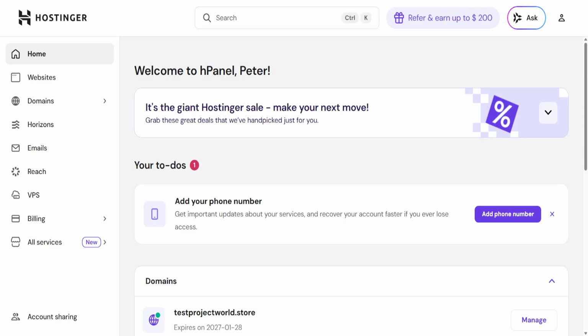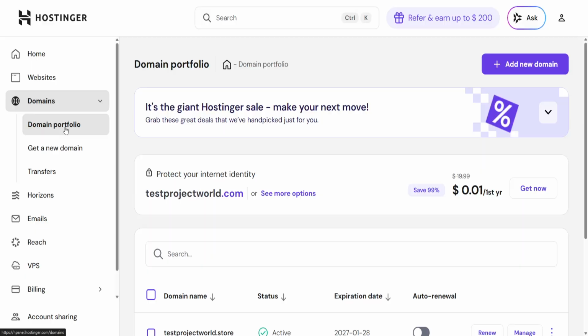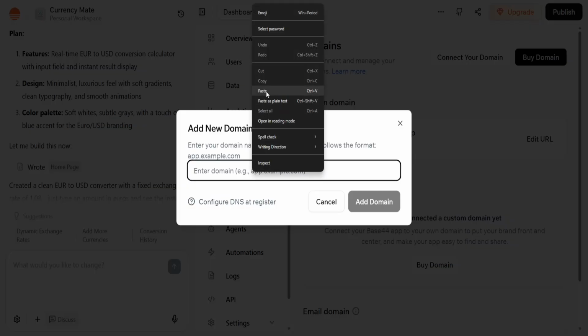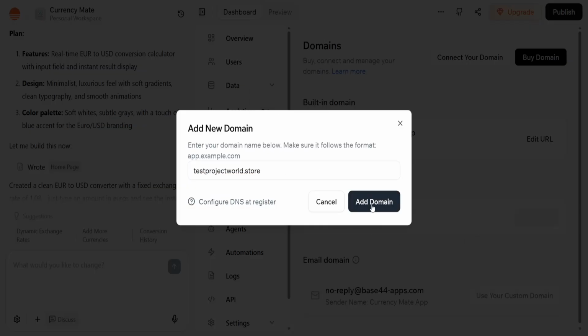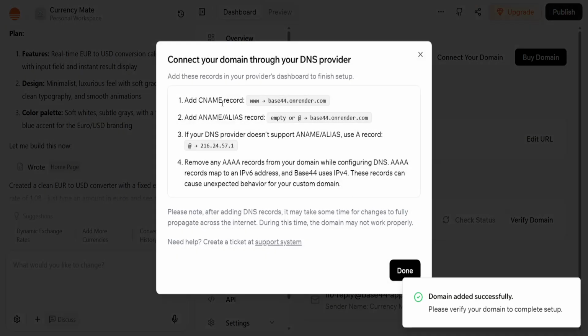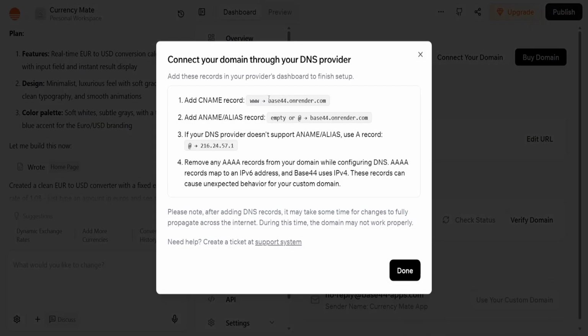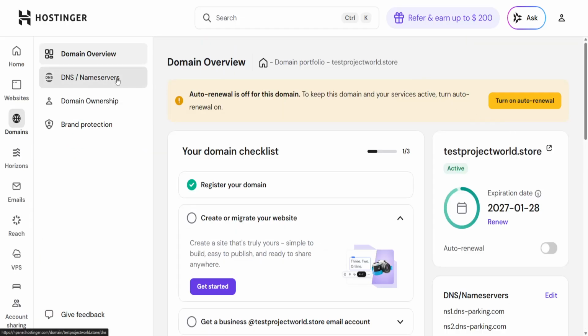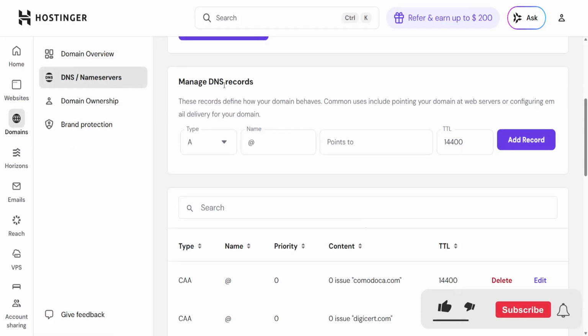From here, you will open up your domain provider. For example, I'm going to use Hostinger. Then I will go to my domain portfolio, and first you will need to add your domain name. This may vary depending on your provider. You will click on add domain, and here it is going to tell us that we need to add some records. So I'm going to go back to my provider, click on manage here, then DNS/name servers, scroll down, and